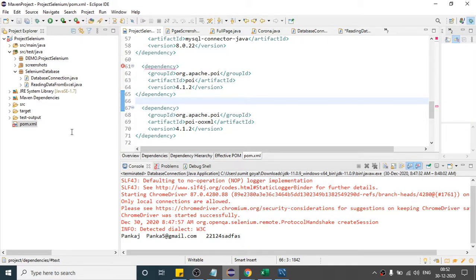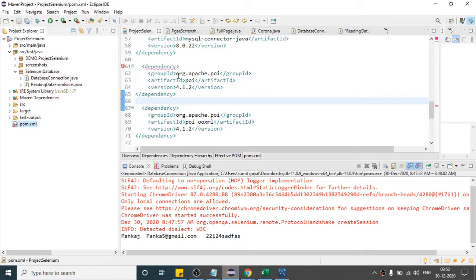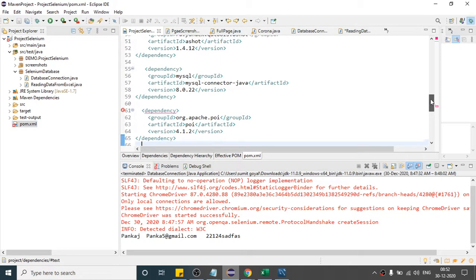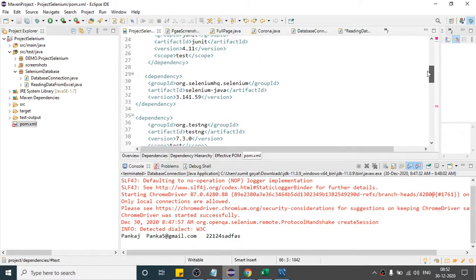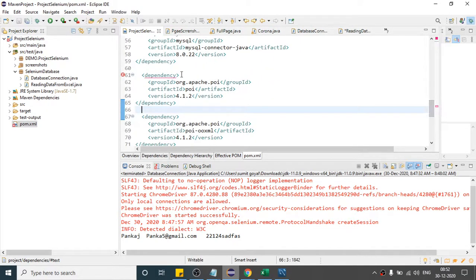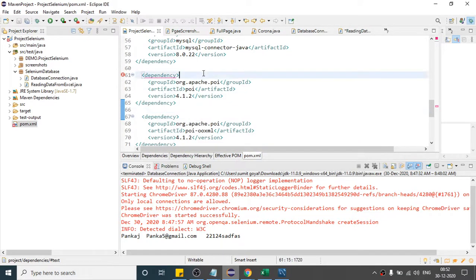Still we are getting the error. I think I already have this also.